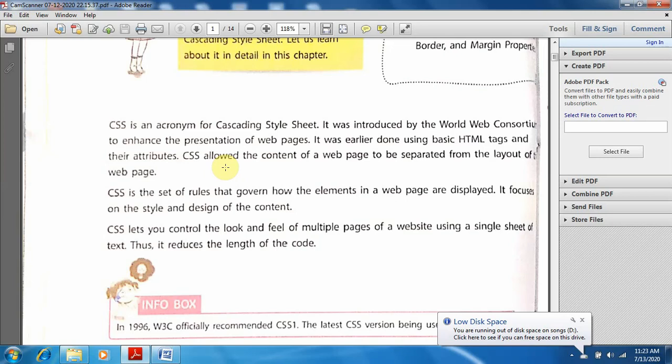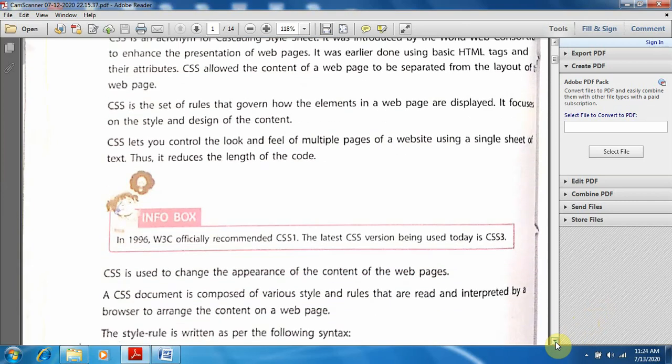It helps control how web pages look, like their font color, background color, font attributes, and all others. It also helps in positioning of the elements, and in this we can also do a little bit of animation.